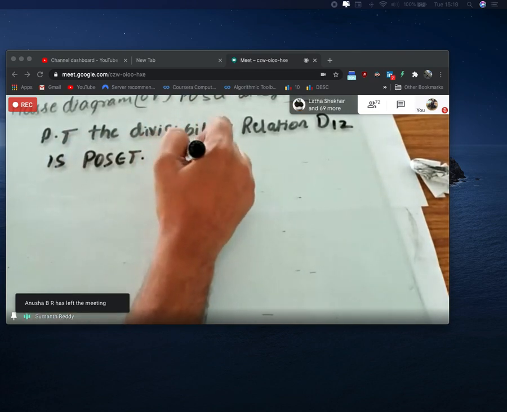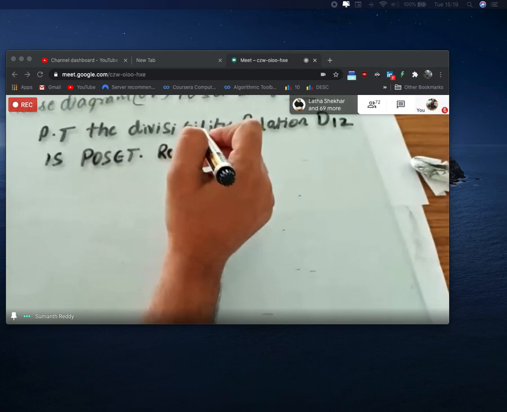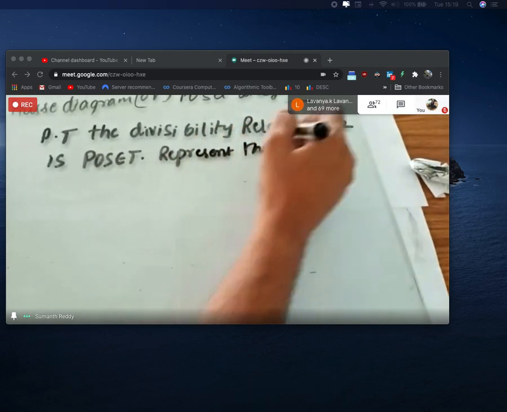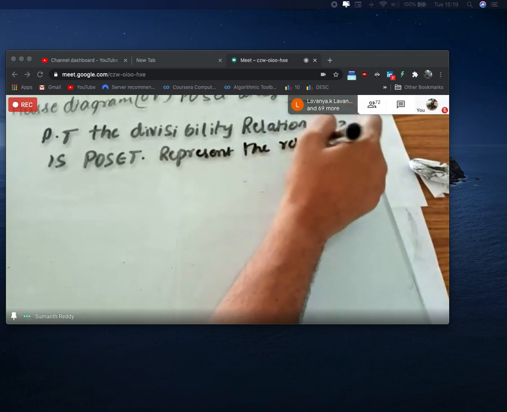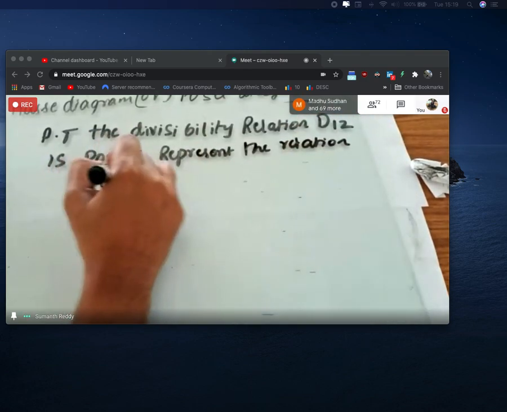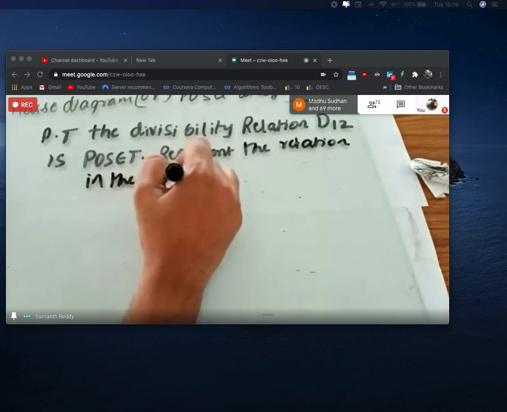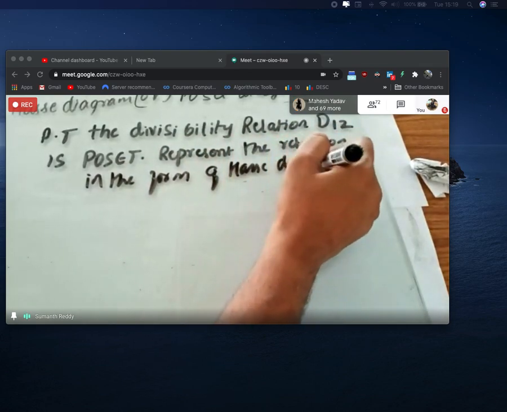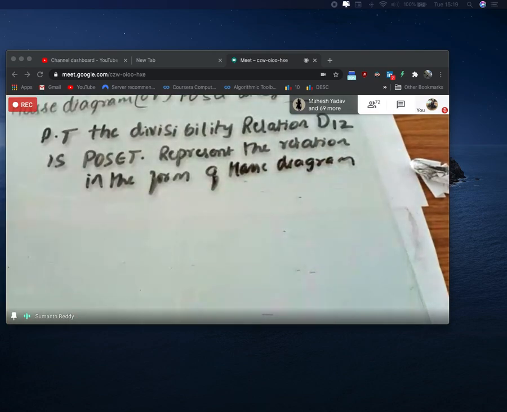Next, continuation is: represent the relation in the form of a Hasse diagram. Okay, see, actually students, as I have told you, in terms of proving whether the relation is a partial order,